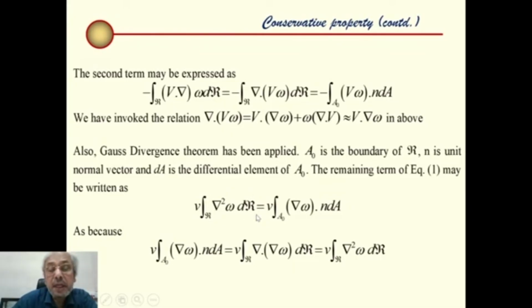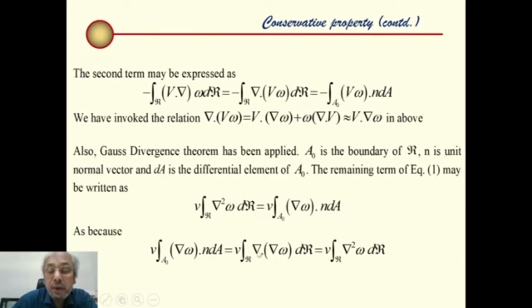This we can write as nu into grad omega dot n dA over the space. How? This quantity, nu into the integral of grad omega over the area A naught, can be written as a volume integral, again applying Gauss divergence theorem, nu into again the integral over the volume